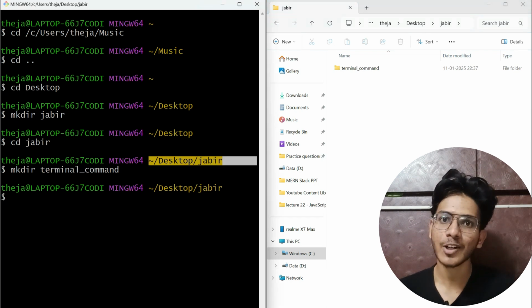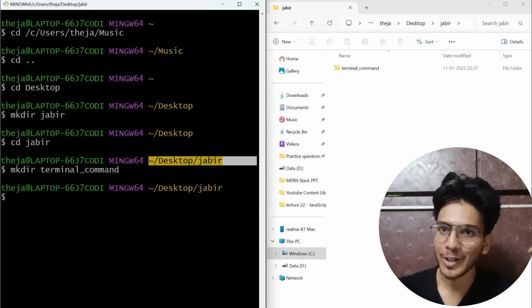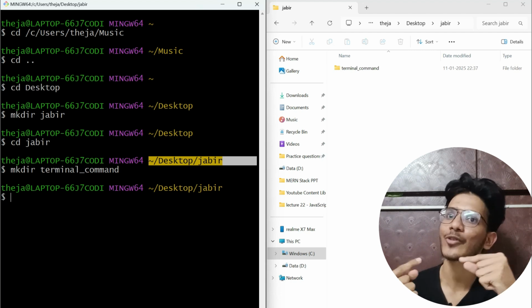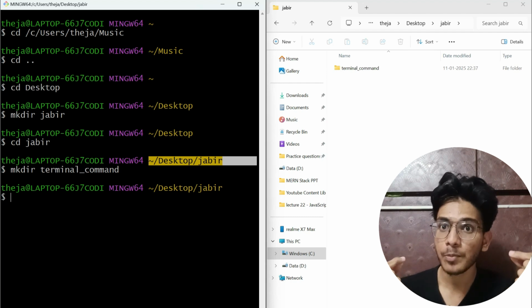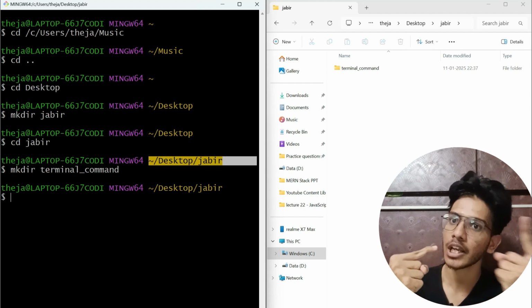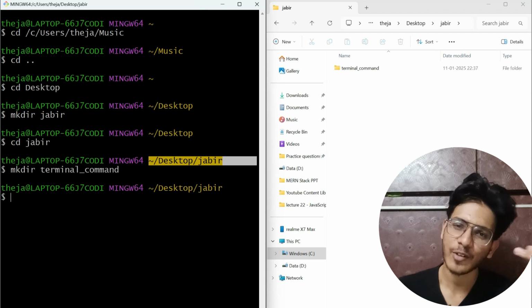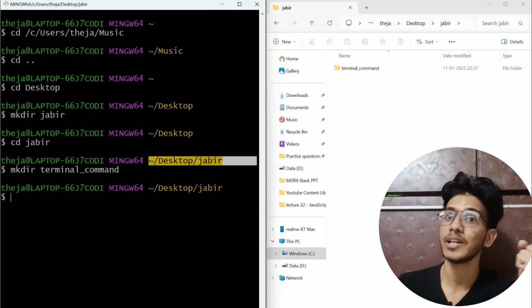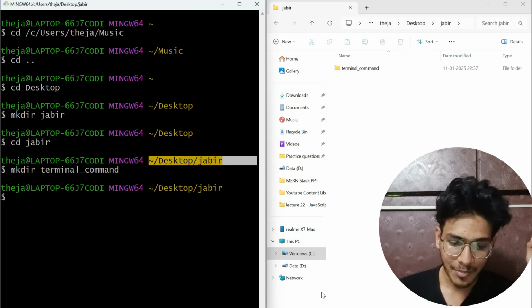But it is really important to understand the path in which place you are creating your directory. Let's say you are creating your directory in C drive, but you are checking in D drive, then you will not find it, right? So it is really important to understand the location where you are creating, and by understanding the location you can easily see that your directory is being created. Now the next command we have is